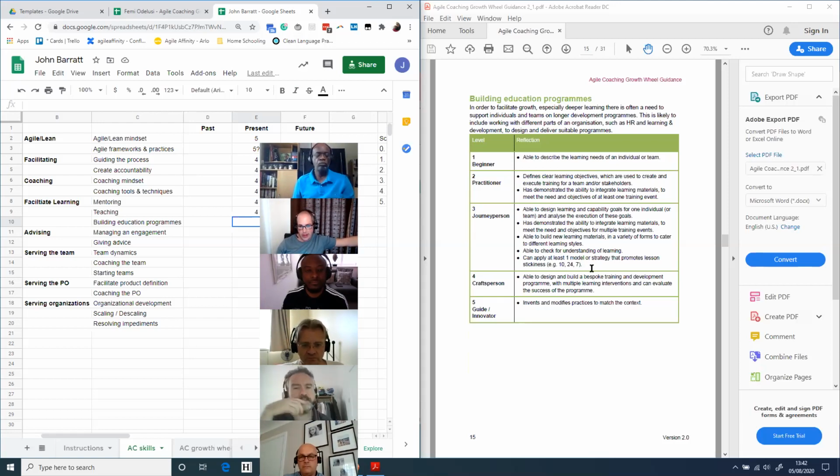To get above a 3, it's more around building and supporting the learning and development area of an organization, creating course development for whole areas of an organization. So taking a Scrum Master from an apprentice to an expert, for example. How do we take someone on that journey over a long time? How do we get all of the funding to do that? How do we support their learning journey, not just as a one-off interaction, but ongoing coaching and support as they go? All of those things.